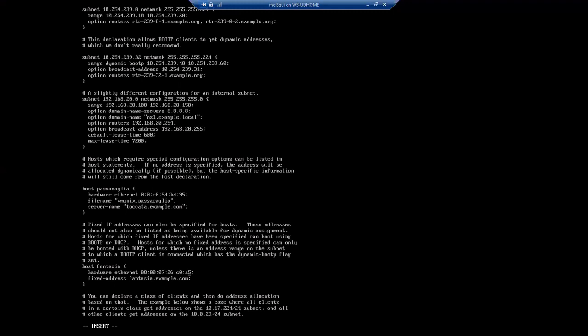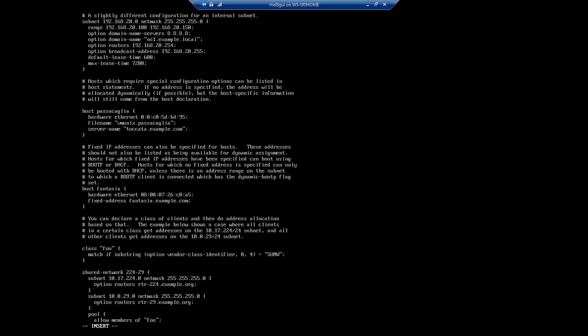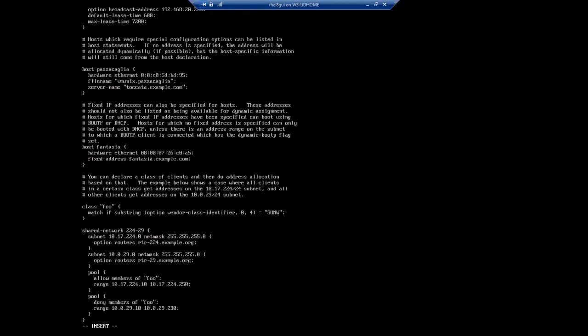The MAC address is always permanent to the computer. We can change it by changing the motherboard or the network card. So if you change the network card, you will start getting a random IP address, not a fixed one. Let us say I have a printer in my network, and that printer should always get the same IP address. Then I can use a static dynamic IP address. Then I'll get the same IP address for the printer or a server, whatever it is. So that's all the configuration in the DHCP server.